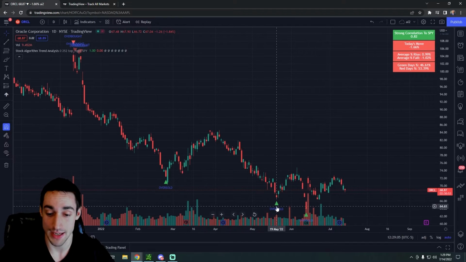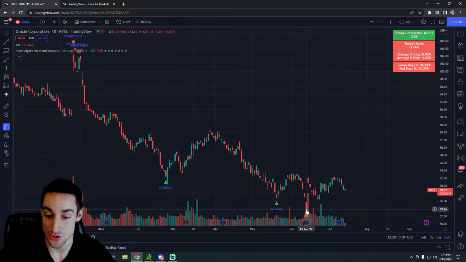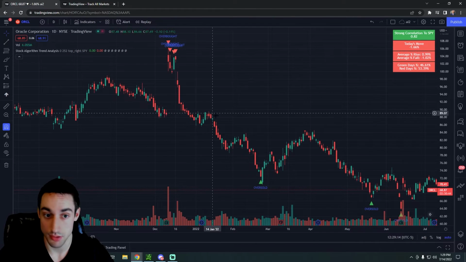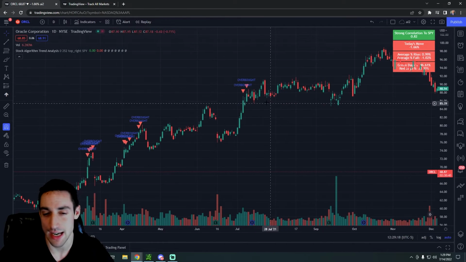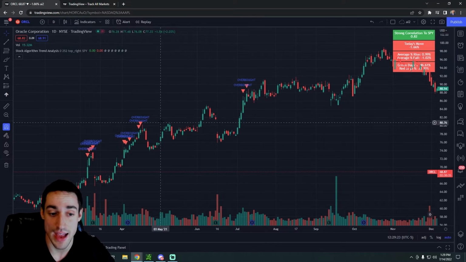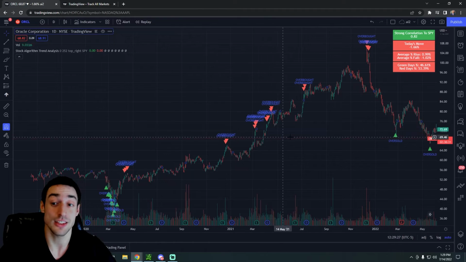Another oversold reading on May 19th, stock popped up. Another oversold reading on June 13th, stock popped up. We have the overbought readings, and the stock basically sank right down. This was a failed one right here, I guess you could say, when we had a couple overbought readings and the stock just went flat. You could say there were even a couple over here too, but for the most part, it does really, really